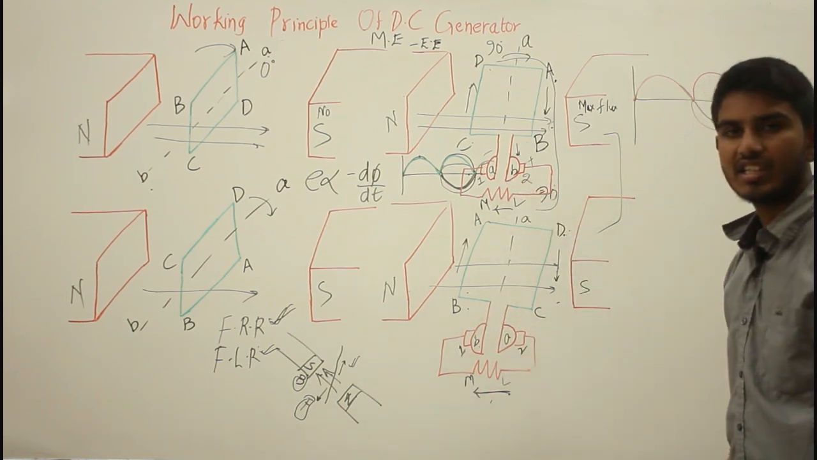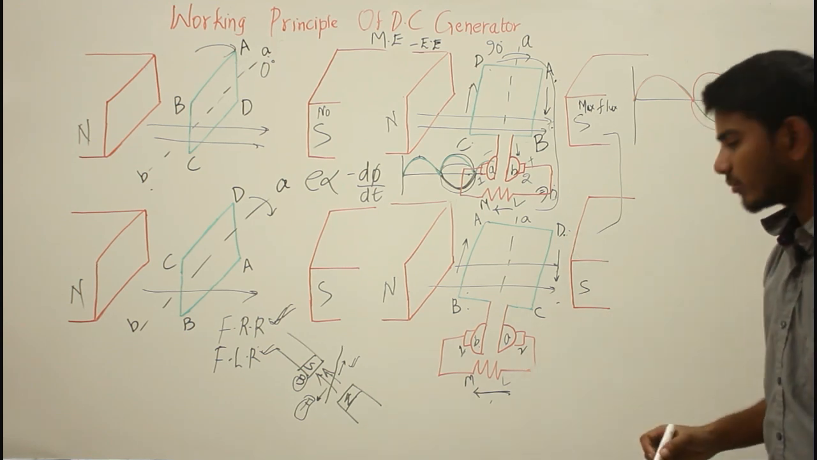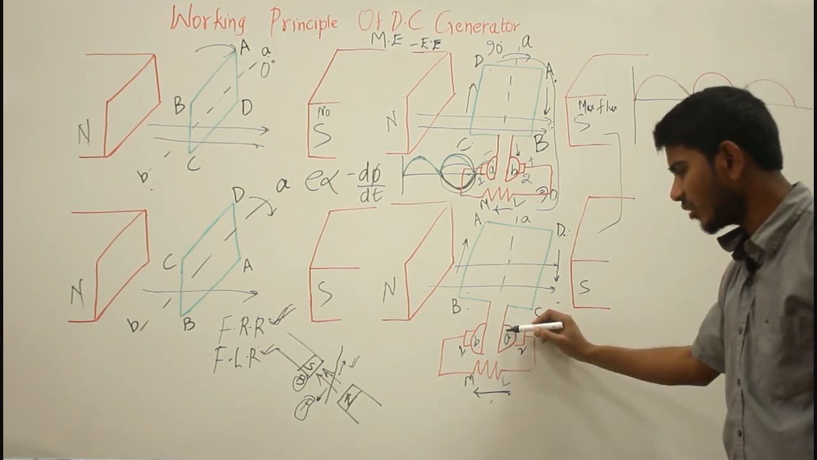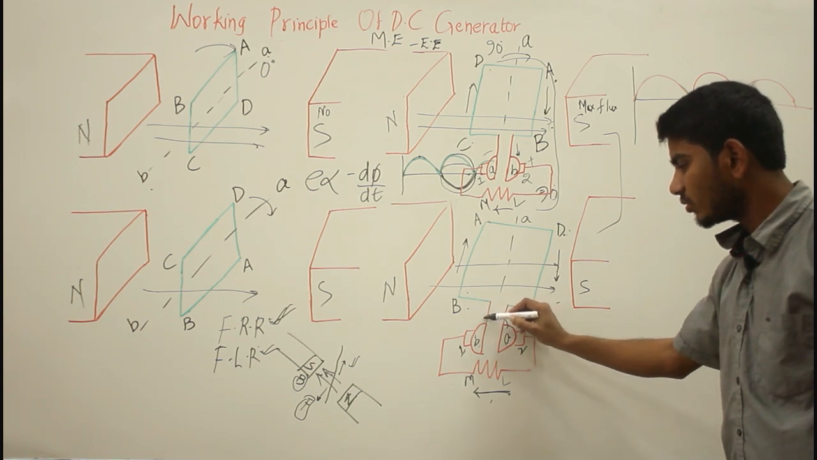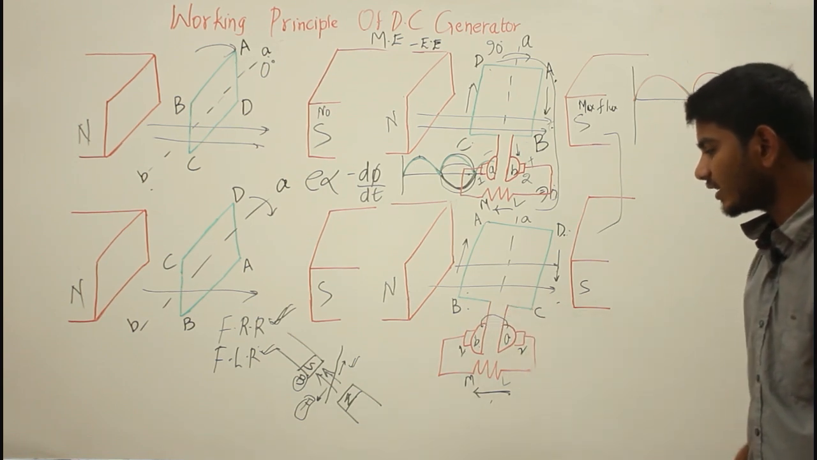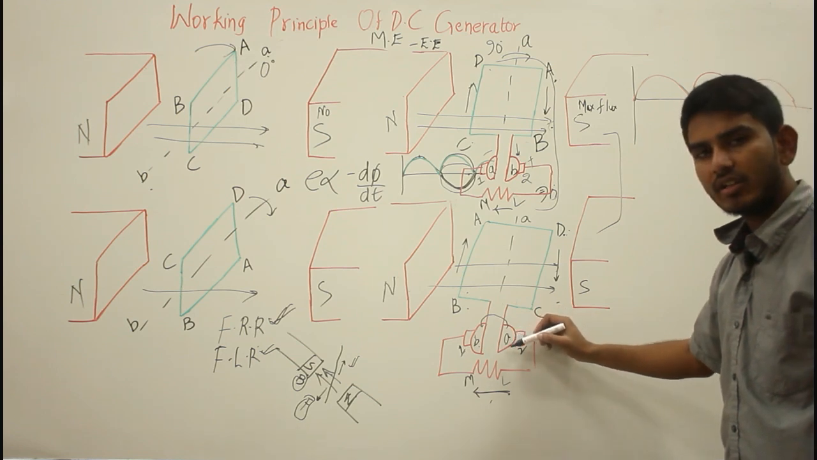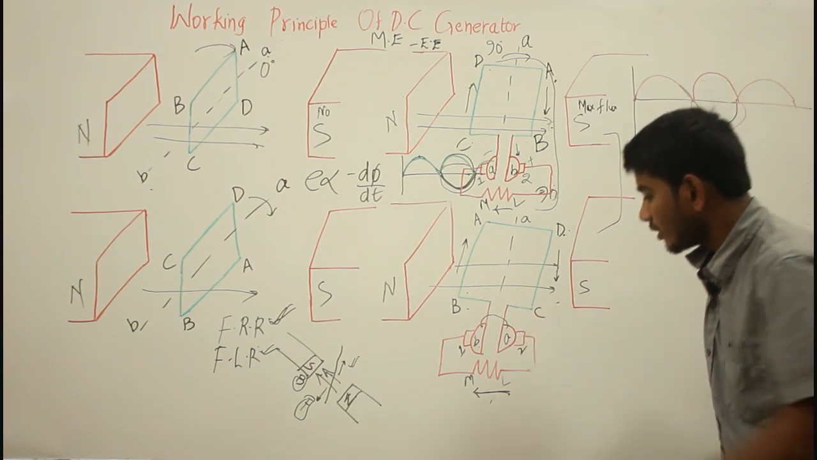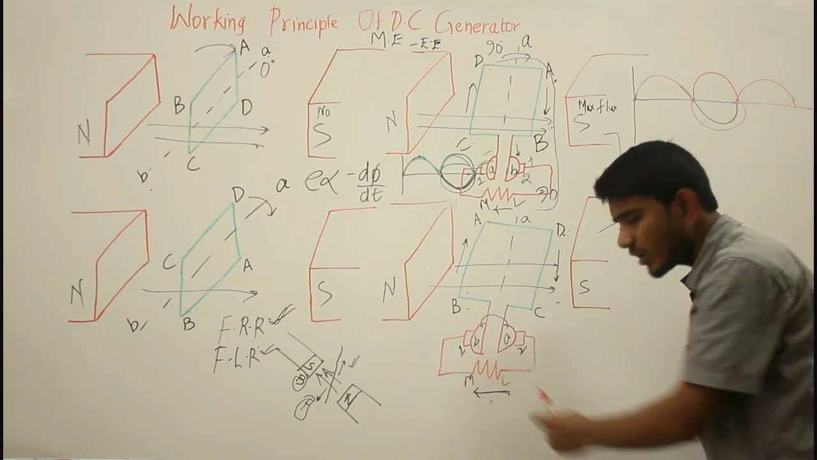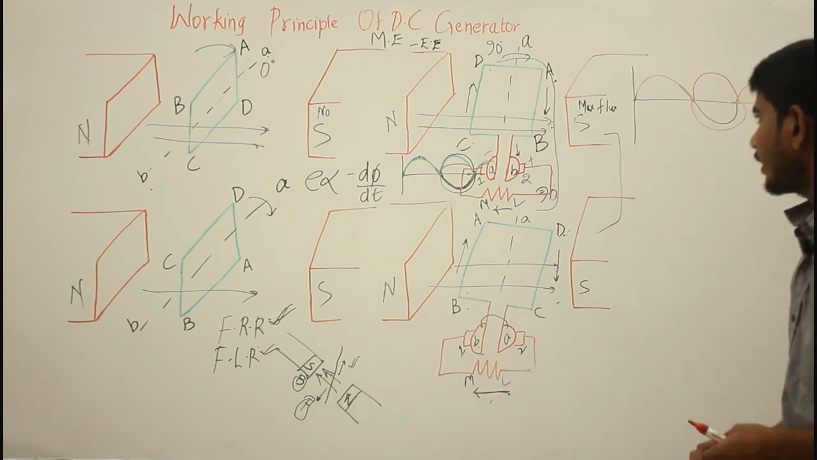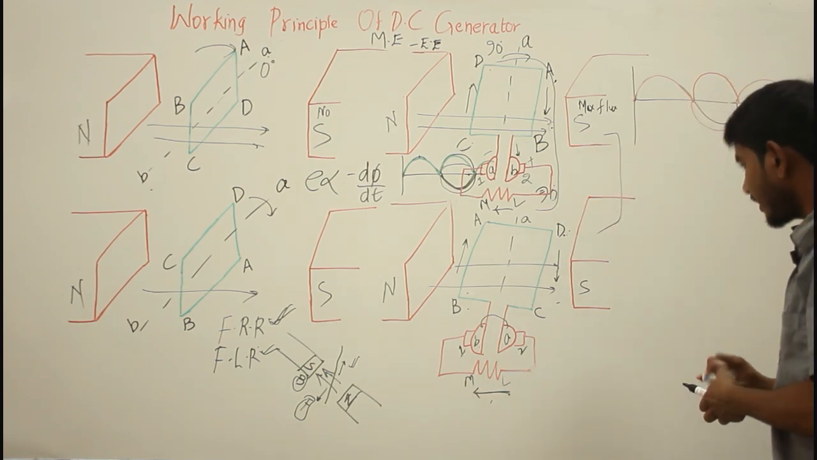So here the brushes are stationary, the brushes are the carbon or graphite brushes, but the commutator segments are altered. After every 180 degree turn, the commutator segments are going to get altered. In this way you are having the DC output, and see, the brushes are placed in such a way,